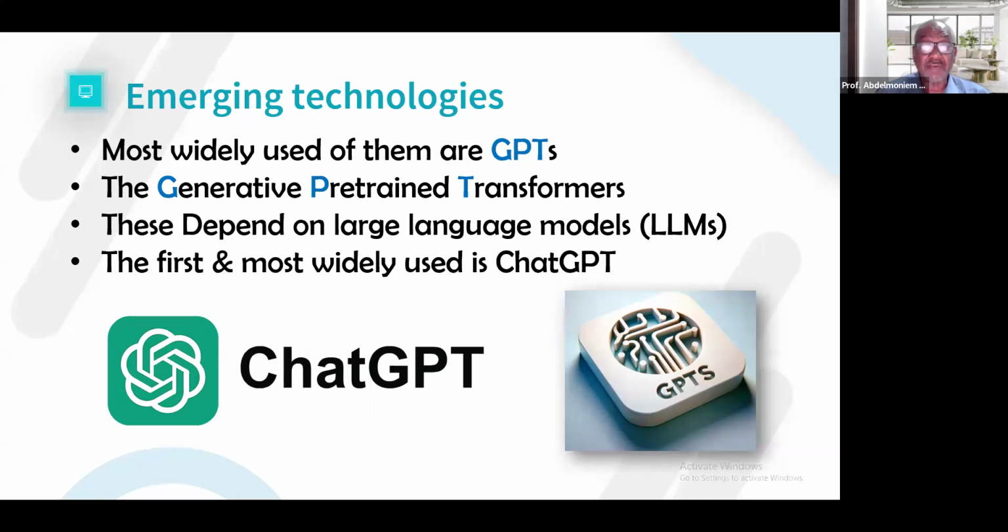But let me tell you something. It is the first, it is the most widely used, it is developing very fast, but it's general. I mean by general, there are more sophisticated GPTs in special areas. So you need to be aware. ChatGPT can be used for everything, but some of the new tools are better in certain aspects, and I'm going to draw your attention to just examples of what I'm talking about. But ChatGPT, extremely useful. You can use it for everything.